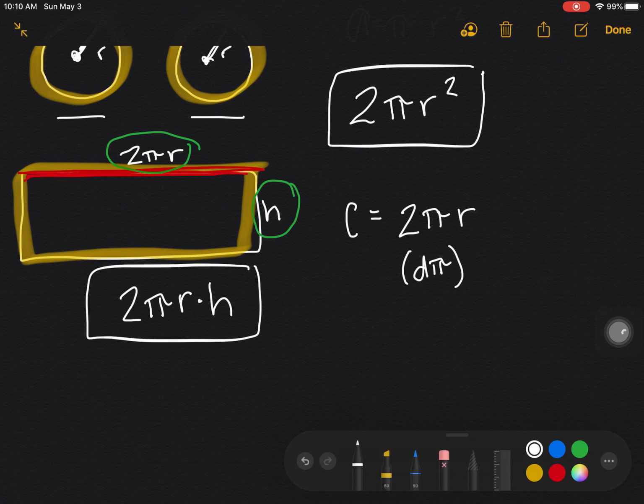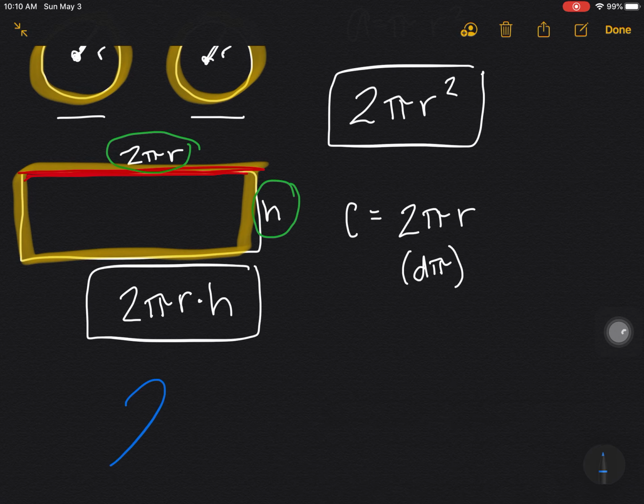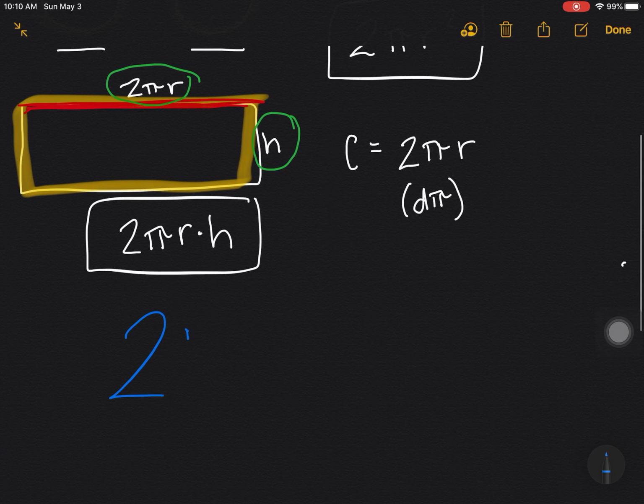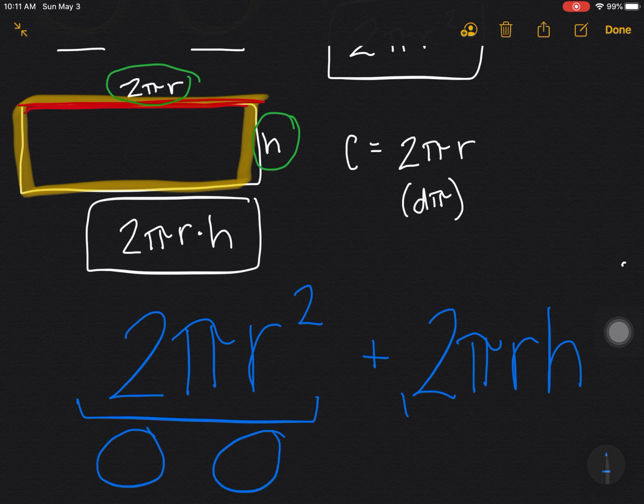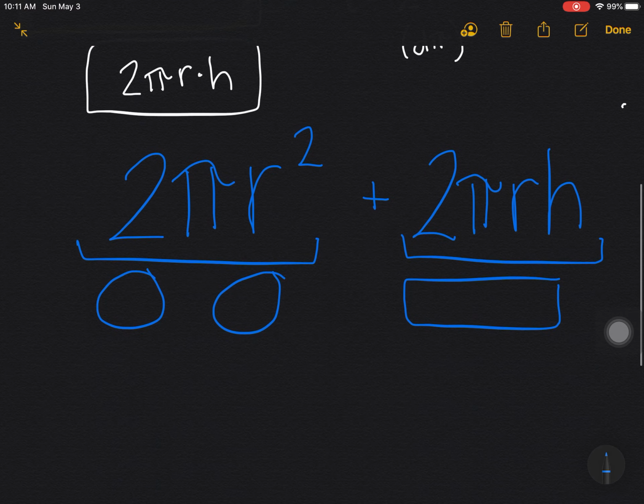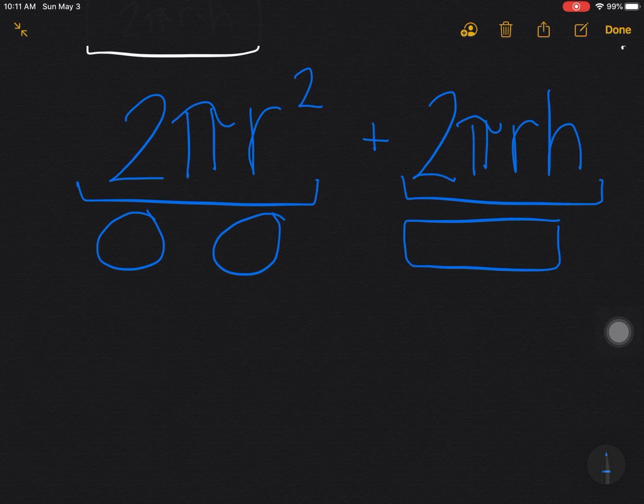Our formula for the surface area of a cylinder is going to be 2 pi r squared plus 2 pi r times h. Remember that this is the formula for the two circles, and this is a formula for the rectangle in the middle. So this is going to be the formula that we will use for the surface area of a